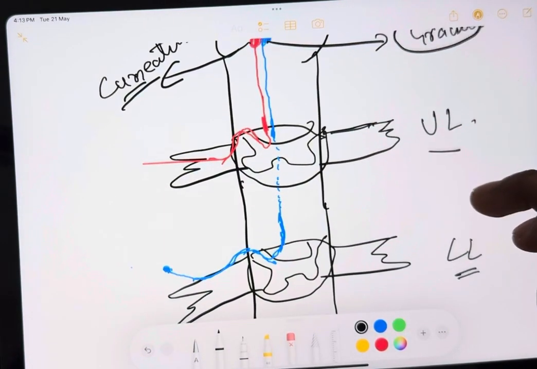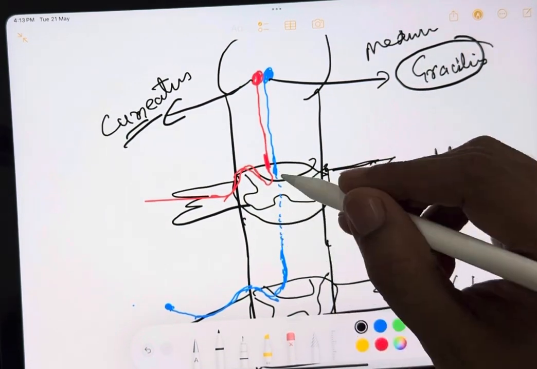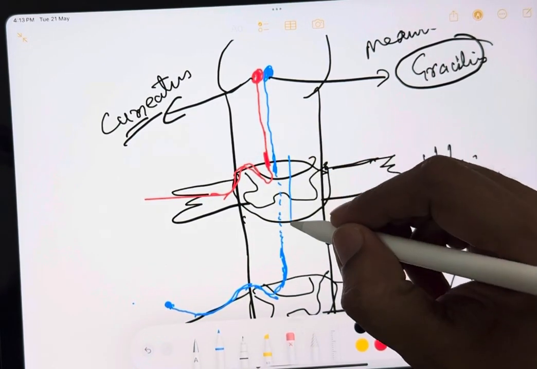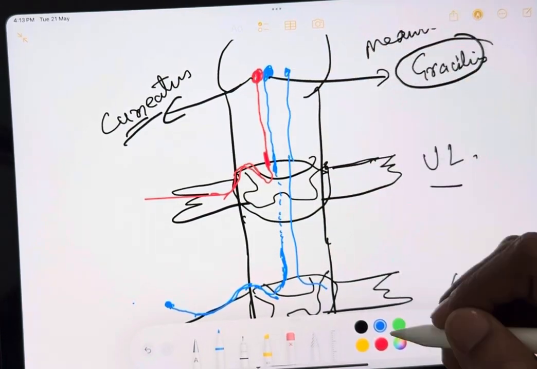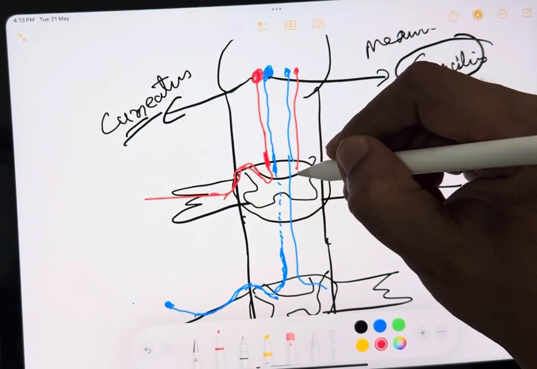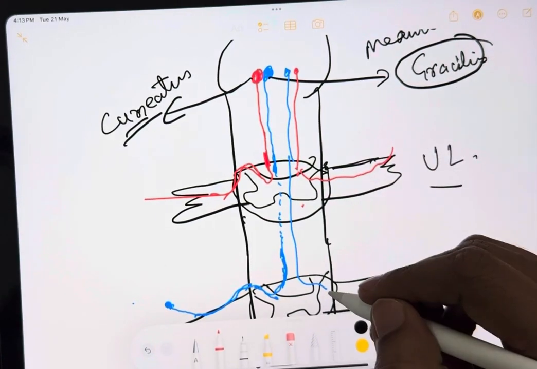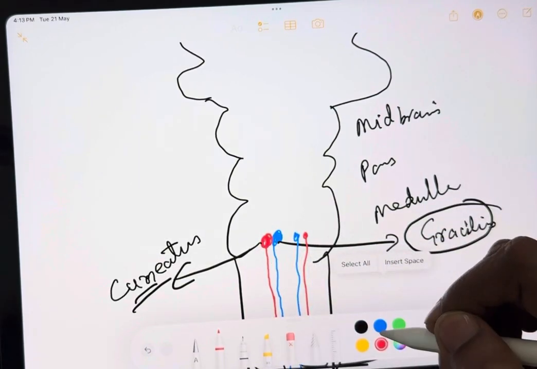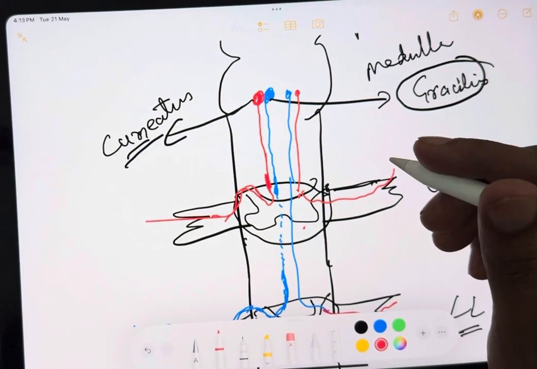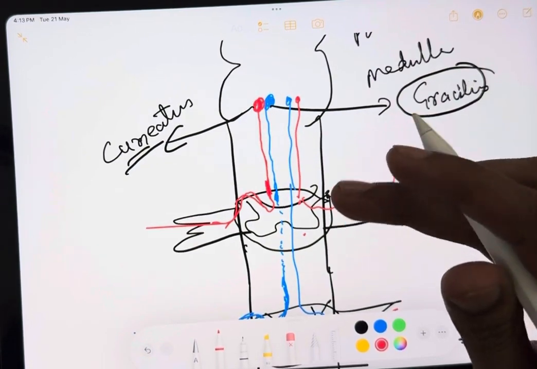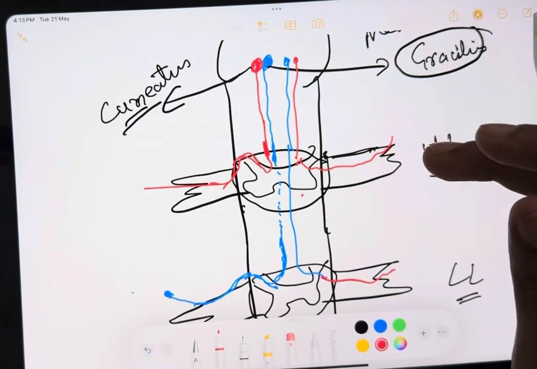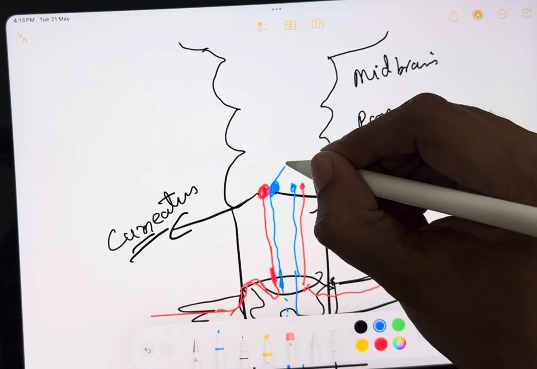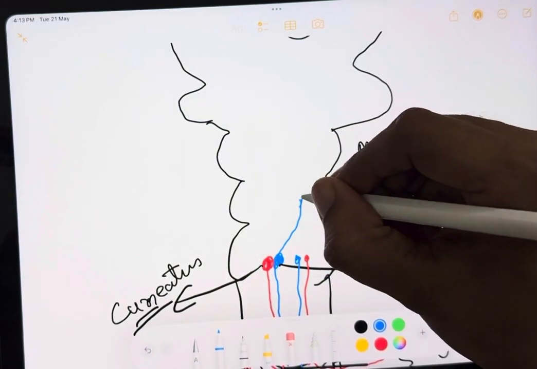Now, you can see the lower limb fibers lie on the medial side and the upper limb fibers lie on the lateral side. On the other side also the same thing will occur; I have just shown one side, but the opposite side is the same. Now, at the level of the medulla, these fibers cross to the opposite side. This is known as sensory decussation. We have seen decussation in the motor system, and here there is a sensory decussation. So these fibers from the medulla go to the opposite side and ascend up,